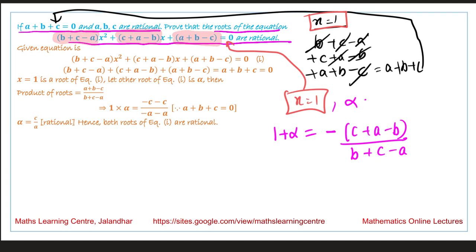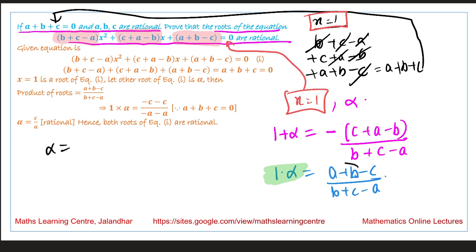And the product of roots is 1 into alpha, that is equal to c by a. So it is (a plus b minus c) divided by (b plus c minus a). So from this second term, we can calculate the value of alpha, and it comes out to be alpha is equal to,